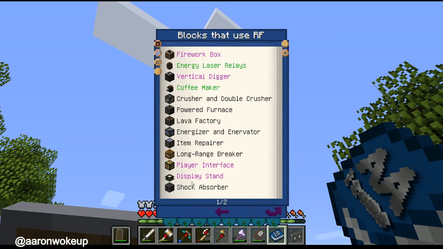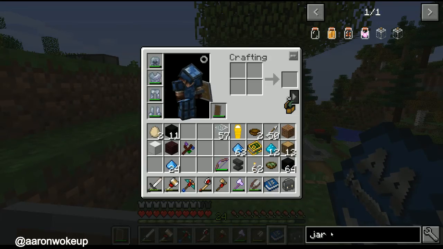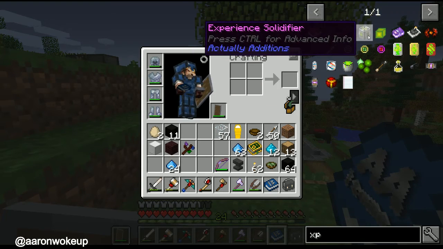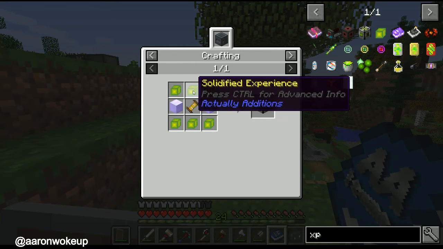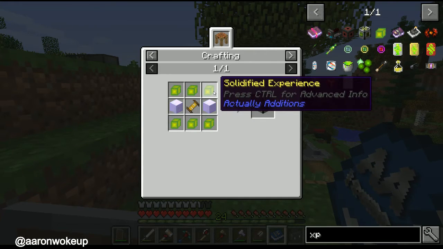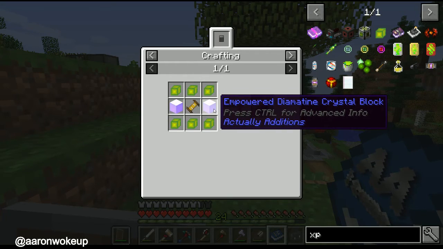What was I doing the display stand for? Oh, I wanted a way to store my XP. So I was trying to find a drain, and I found this experience solidifier. These solidified experiences pop out when you kill stuff, and it's like experience in item form. You can either drink it or build with it in this mod. And then there's these empowered